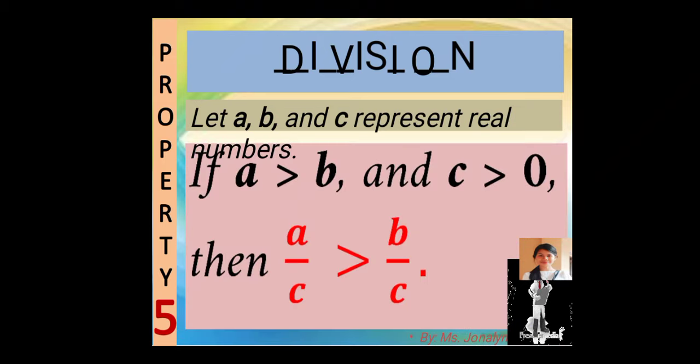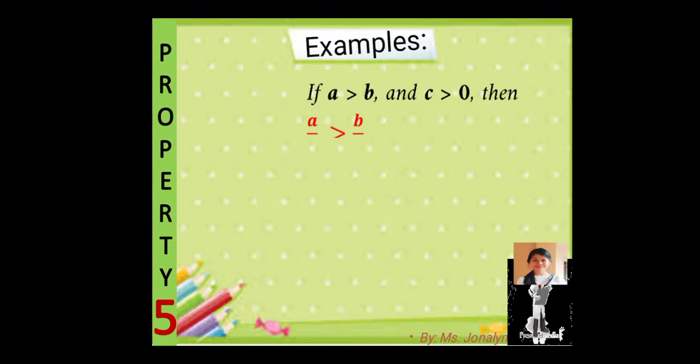Here, we let A, B, C represent real numbers. Same. And it states that if A is greater than B and C is greater than 0, then A divided by C is greater than B divided by C. In other words, if A is less than B and C is less than 0, then A divided by C is less than B divided by C. For example,